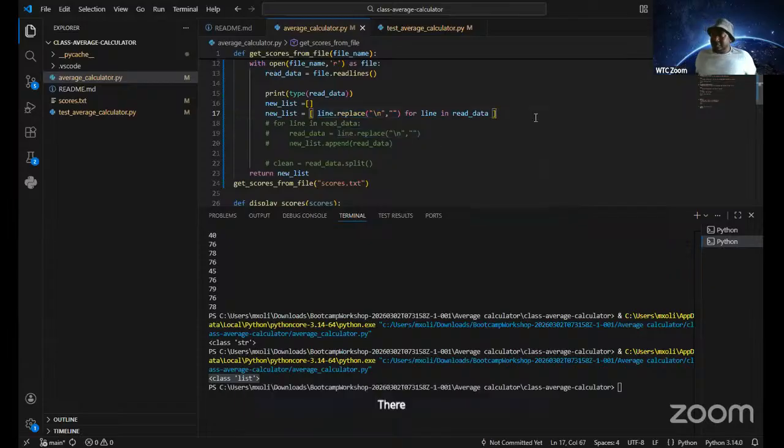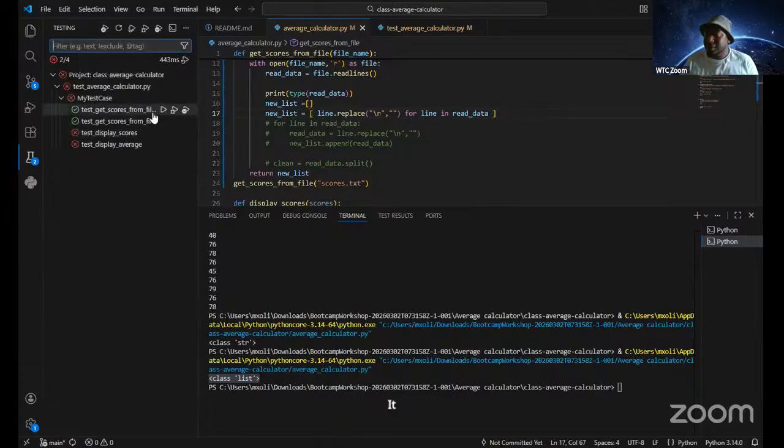There you have it. It is really as simple as that.